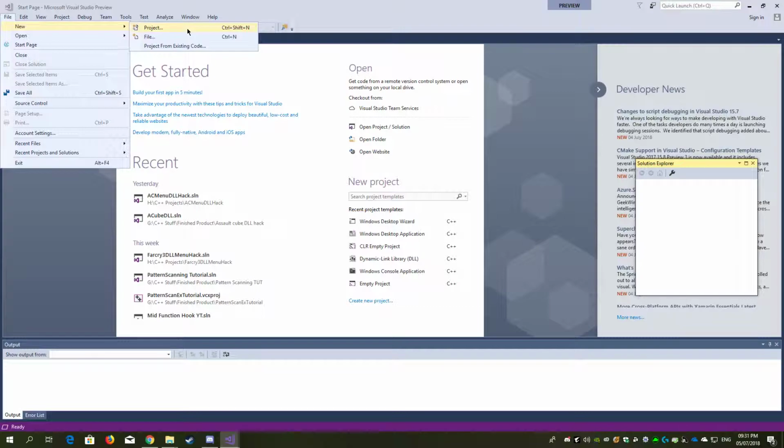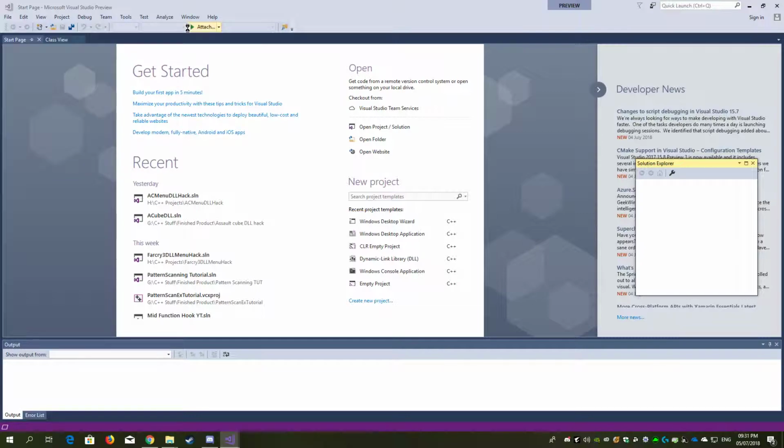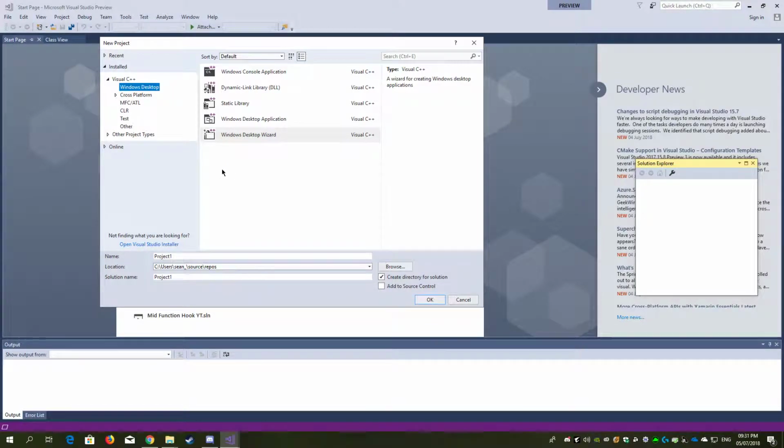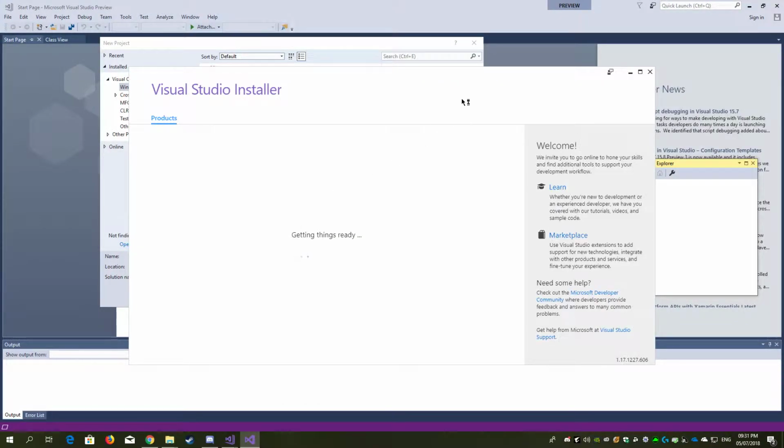And then we want to go New Project, and on mine you can see I've got CLR. Well, you won't have that and you'll need it, so you have to go to Open Visual Studio Installer, and it'll bring up a prompt where you must click yes because of UAC and all this,